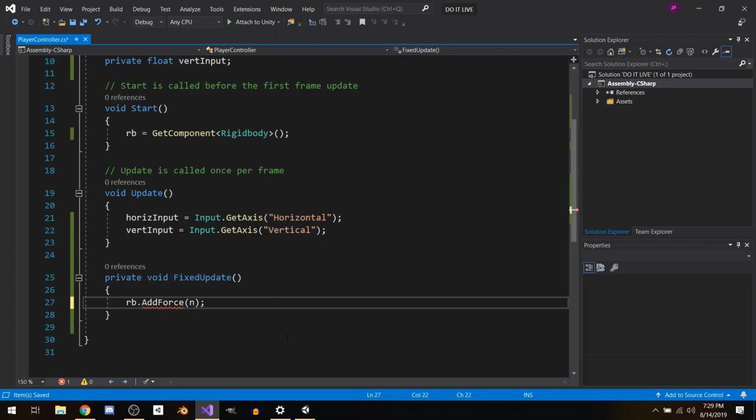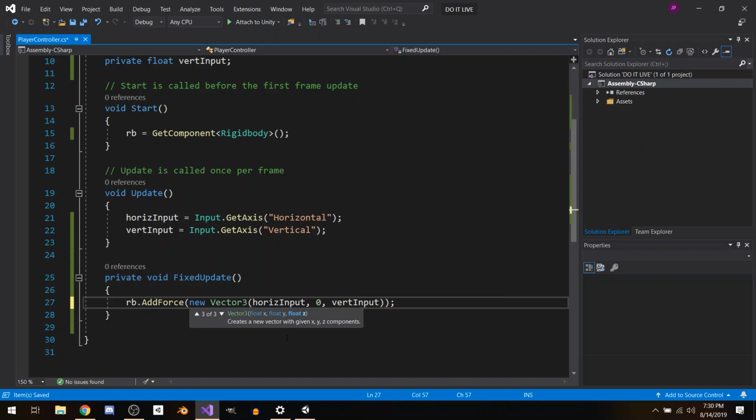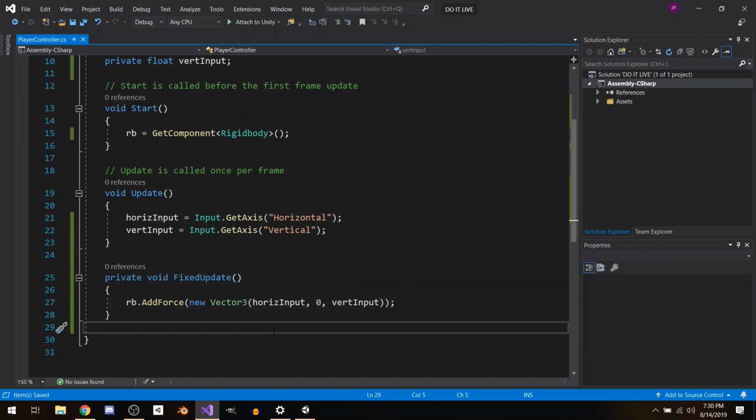Remember, it's a Vector3, so you do new Vector3, and you plug in our values here. So we have our x value, which is the horizontal input. Remember, y is up and down. We'd worry about that if we were jumping. We're not, so it's just 0. And then we want a vertical input for the z-axis. So that should work. So if we go back to Unity,